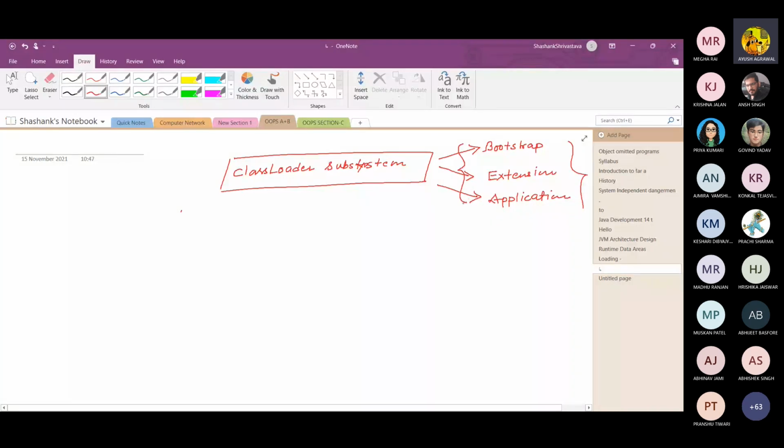Now the question is, in which memory area does the class loader load the class? How many types of memory areas are there for the Java Virtual Machine?